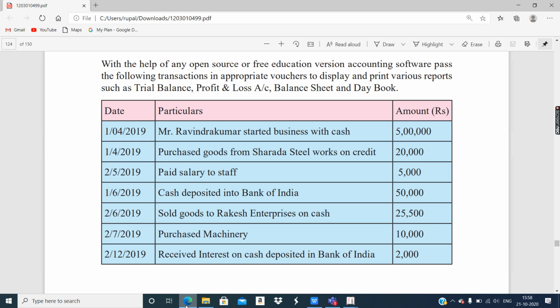And sales, sorry, cash. Here you can mention Rakesh Enterprise also, but you can also use sales account of the company, because you have a purchase account and people also maintain sales account separately.